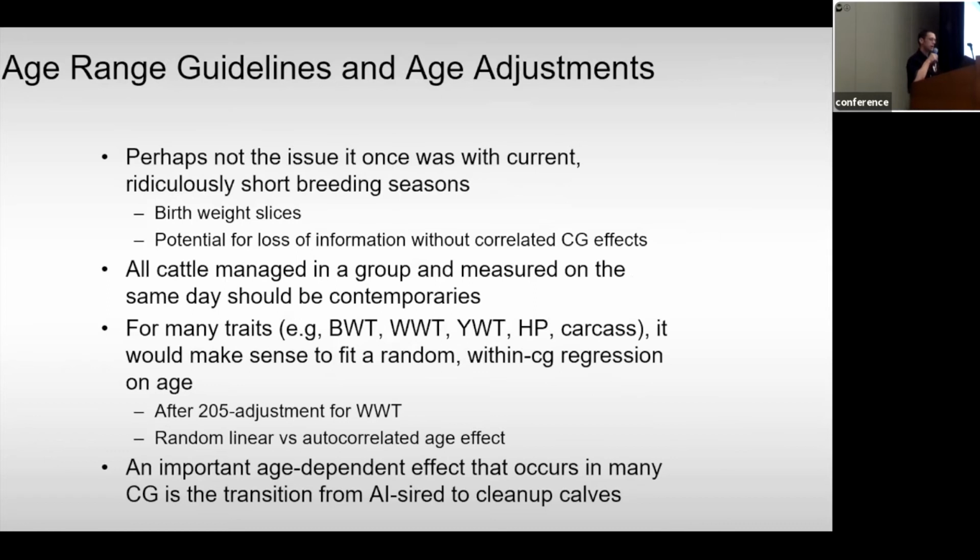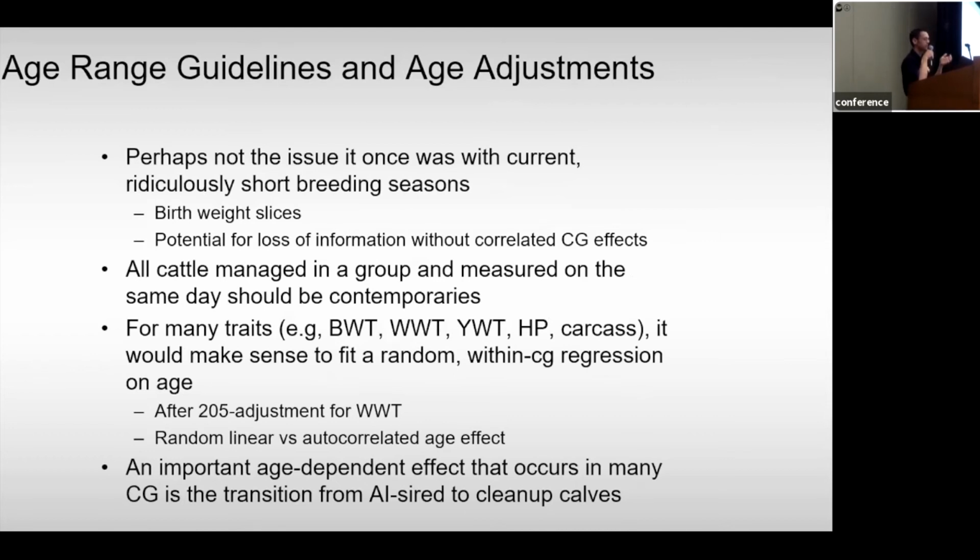Age ranges, guidelines, and age adjustment. This first, I don't mean to throw you under the bus, Mark, but the first comment is not my wording, but perhaps not the issue at once was with current ridiculously short breeding seasons. Mark thinks breeding seasons are too short, but